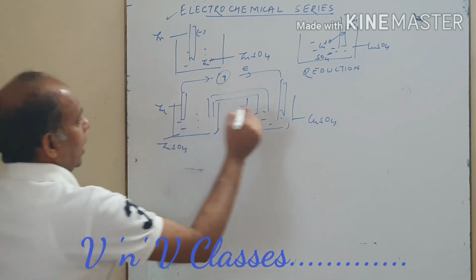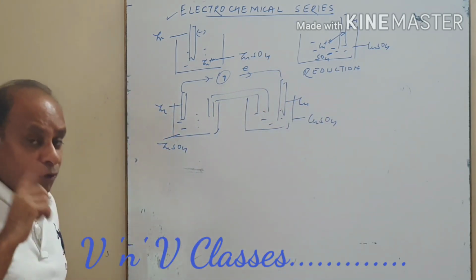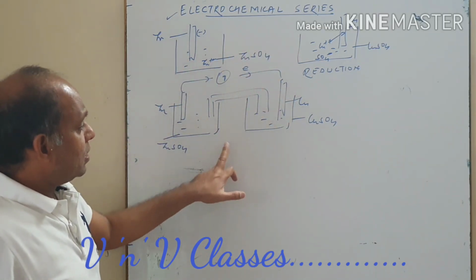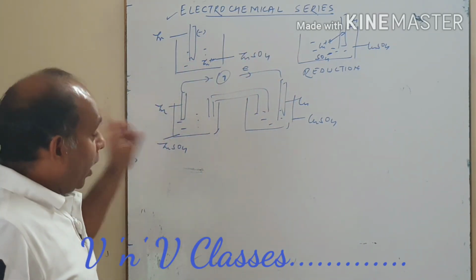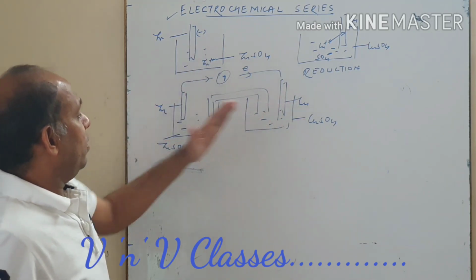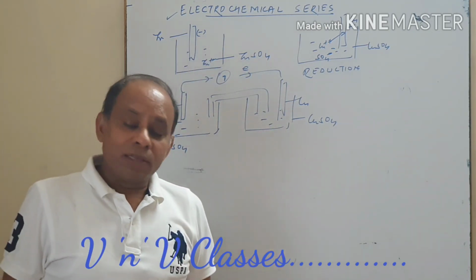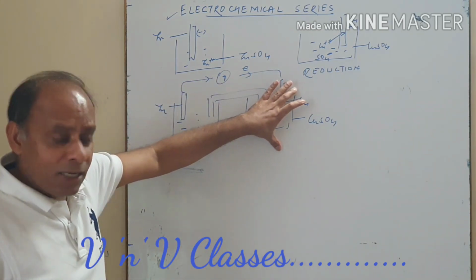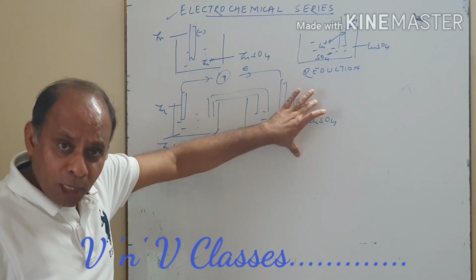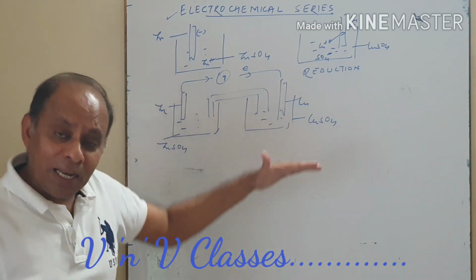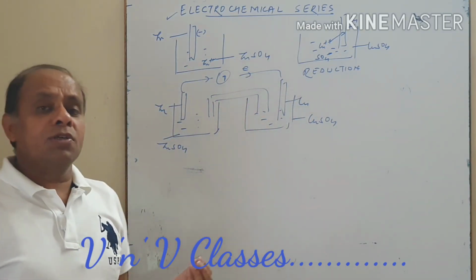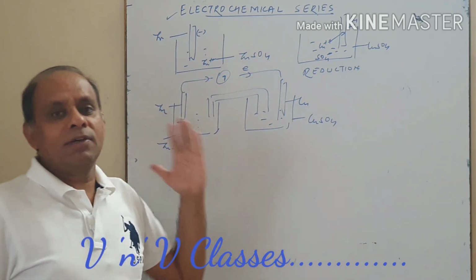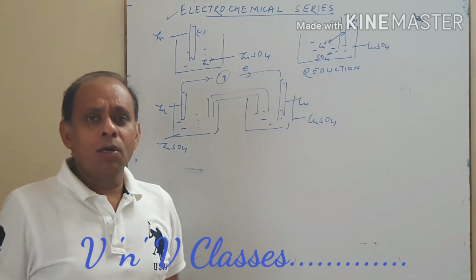This is zinc rod and this is copper rod. So if you can recollect, this electrode potential we discussed in this context only, and the point was why this electron travels from zinc to copper. Now I think it is very clear that when these half cells are made, they develop their electrode potential values. They have different electrode potential values, and because of this difference in electrode potential, electrons travel, and this is called